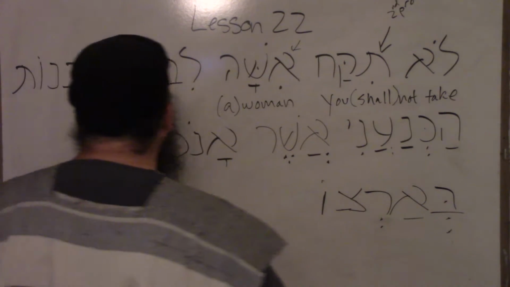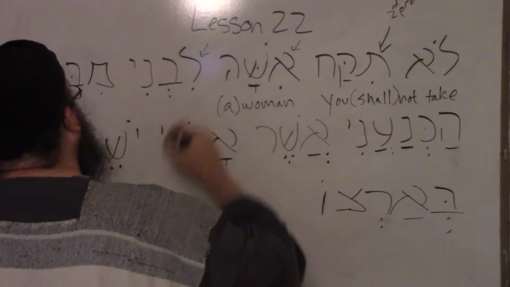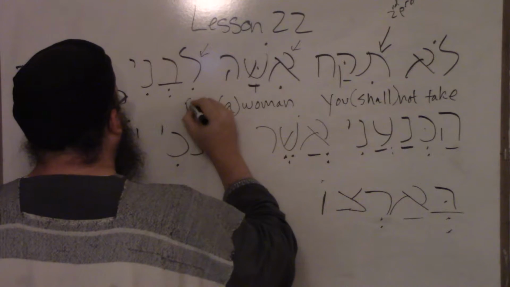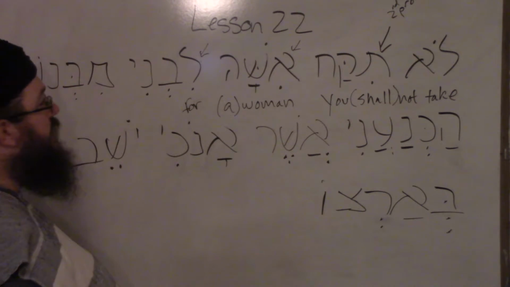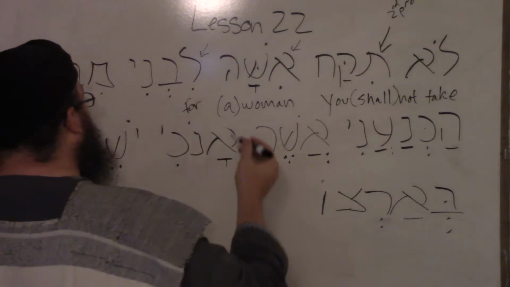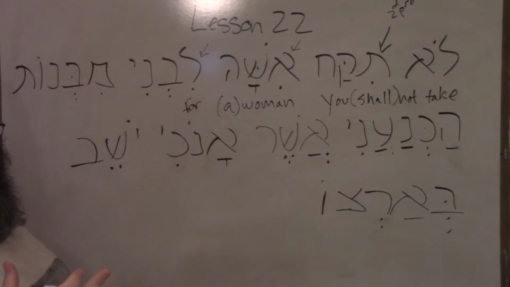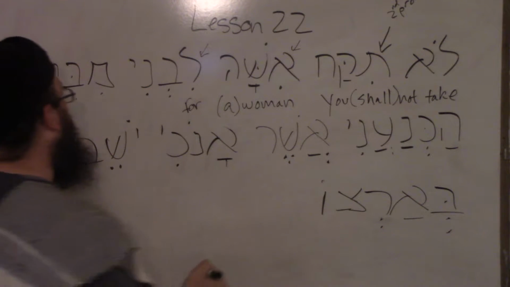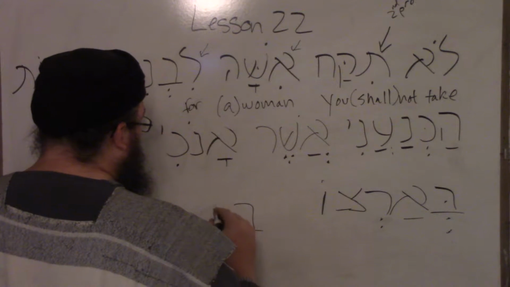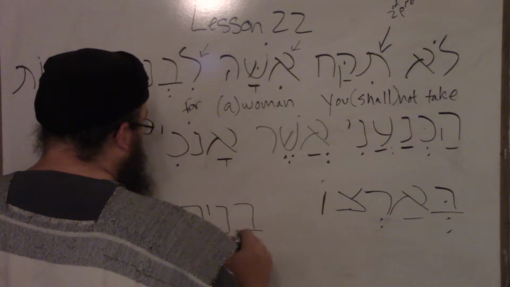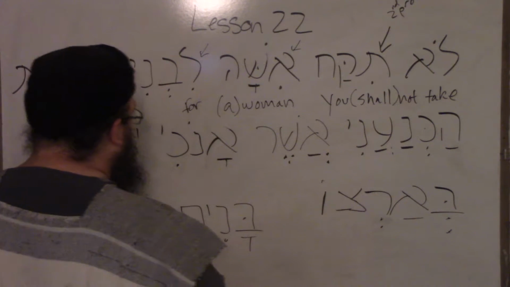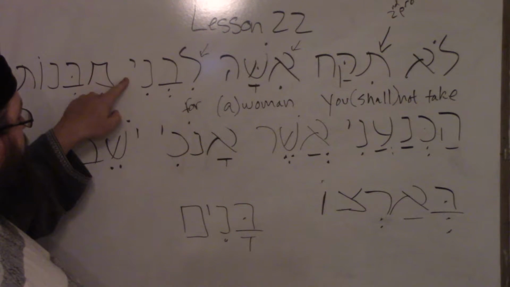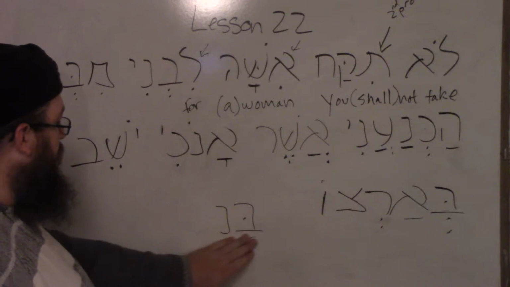Okay? So here we have next, isha, for. Okay, so for here is what we're using. For, remember, this is an inseparable preposition. This is what we have to use when we're connecting for. So here we have the word, literally, we have to go backwards in order to remember that bet nun yod, okay, well, excuse me, let's go back here. I went to plural.